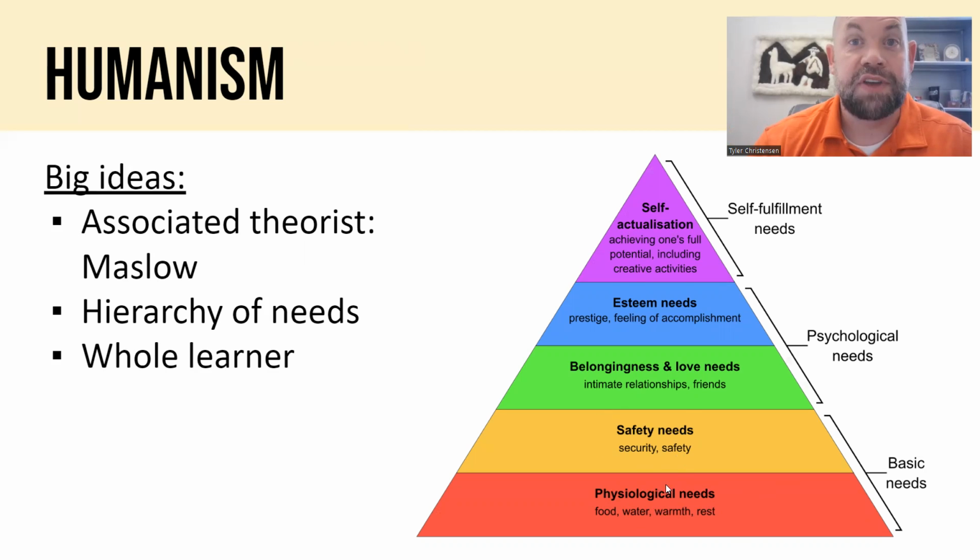We need to help our students feel safe by creating an environment where they feel like they can ask questions and where it's okay to have different opinions. It's okay to fail. From there, we want to further relationships, and then eventually it will come into helping students reach their full potential. Now, this theory of learning focuses on the whole learner. And so it's more individualized, and we'd have to customize instruction for each individual student, which of course is very, very difficult. But that's Maslow, as he created this hierarchy of needs.